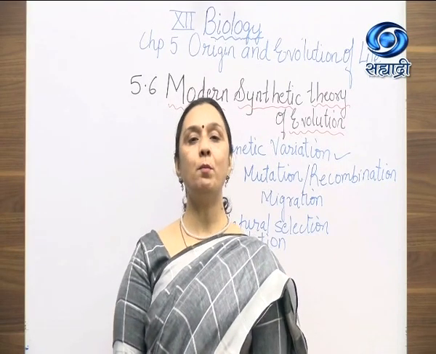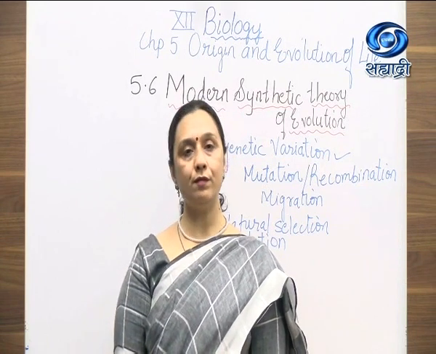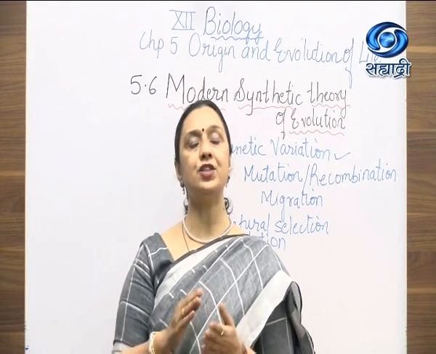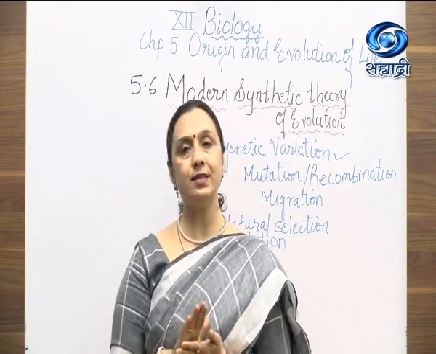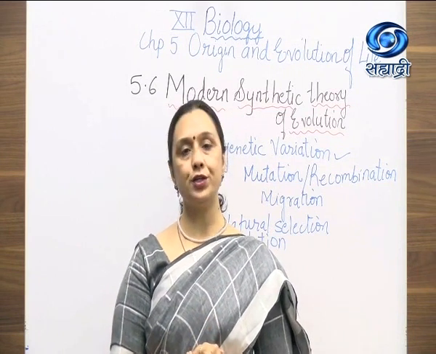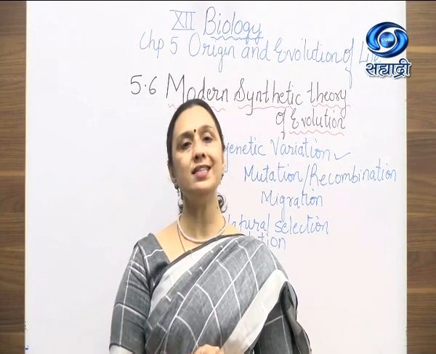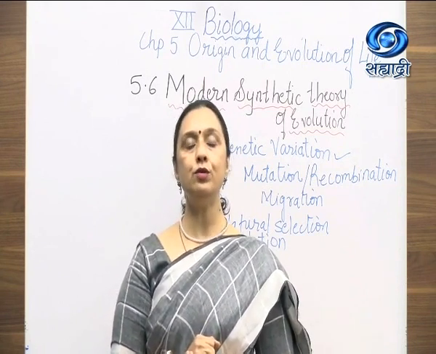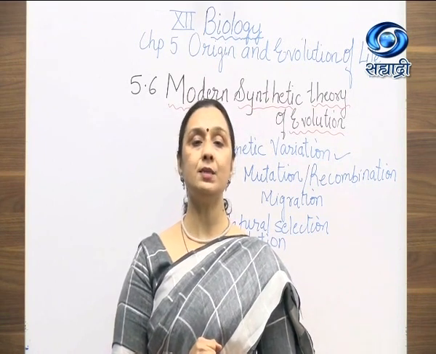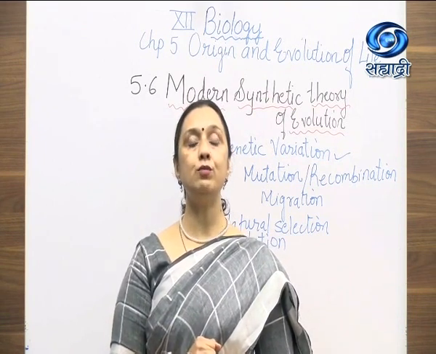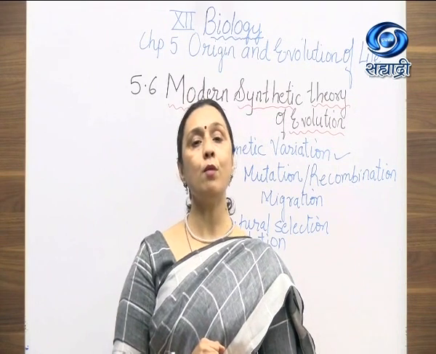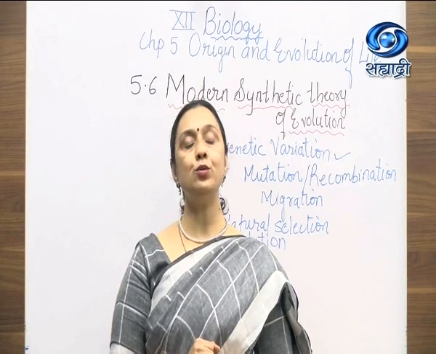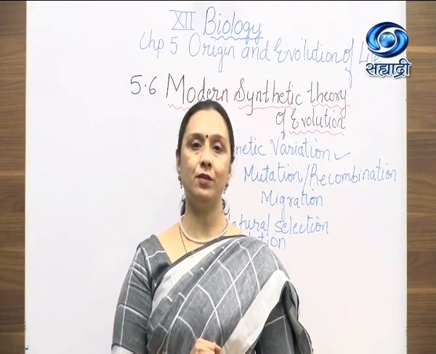So students, we have completed the modern synthetic theory of evolution. We studied many important concepts. Out of these, three concepts are genetic variation, second was natural selection, and third was isolation. You should remember these three points and then elaborate the remaining points below them. Then we started with human evolution and saw how human beings evolved from a shrew-like animal which was living on trees, and how from arboreal life it came onto land. We have just begun. In the next lecture, I will teach you in detail about the process of human evolution.